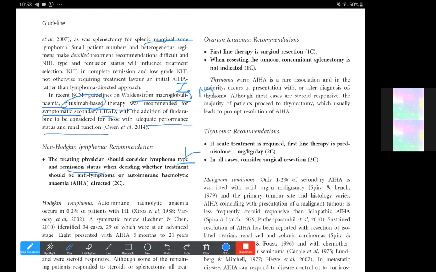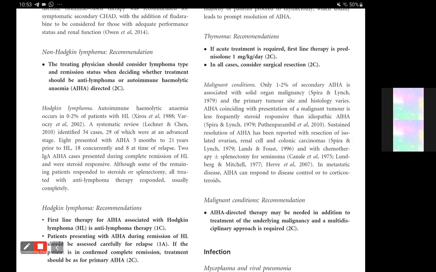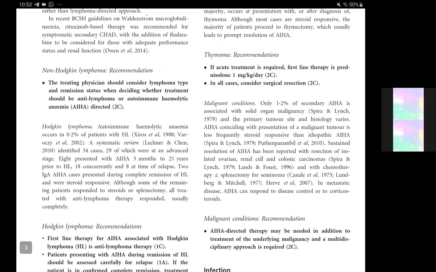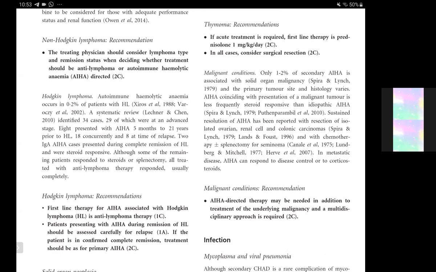So now we'll continue with the Hodgkin's lymphoma and the thymoma component when we cover the malignant diseases. During this, if somehow the connection is lost because of the 40 minute time limit for this session in Zoom, then please reconnect again, and we'll start again from where we had left off. You should use the same link that you used to connect to this session.